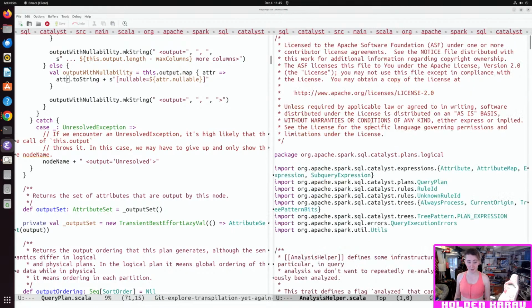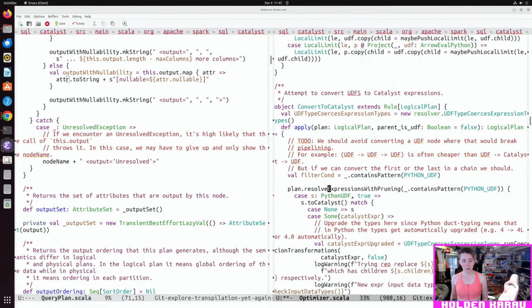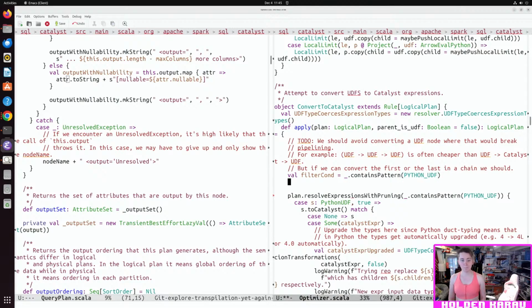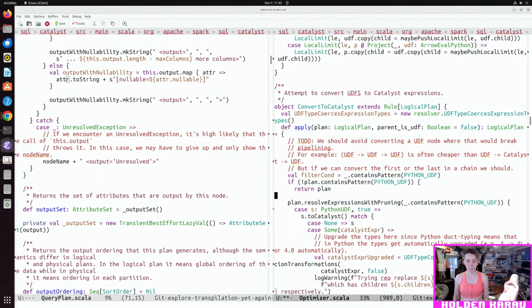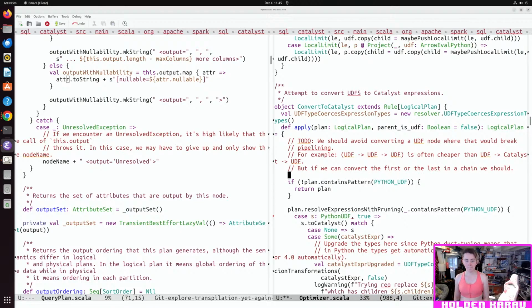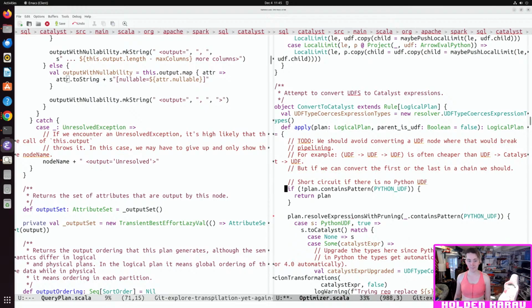Okay, so do here, I'm guessing, actually, yeah, it seems short circuit if there are no Python UDFs in the plan.